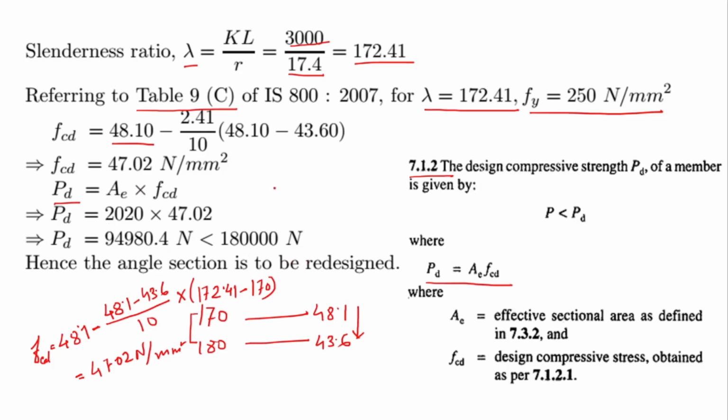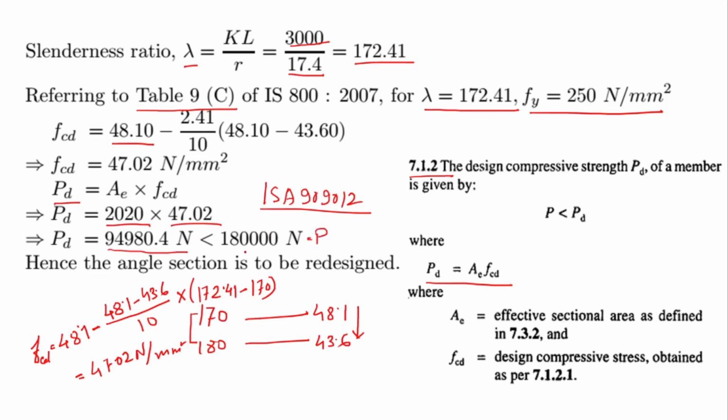For angle ISA 90, 90, 12, we have already written the area of cross section as 20, 20, and FCD we have calculated as 47.02. So the design compressive strength of the angle strut will be 94980.4 Newton, but it is less than P,